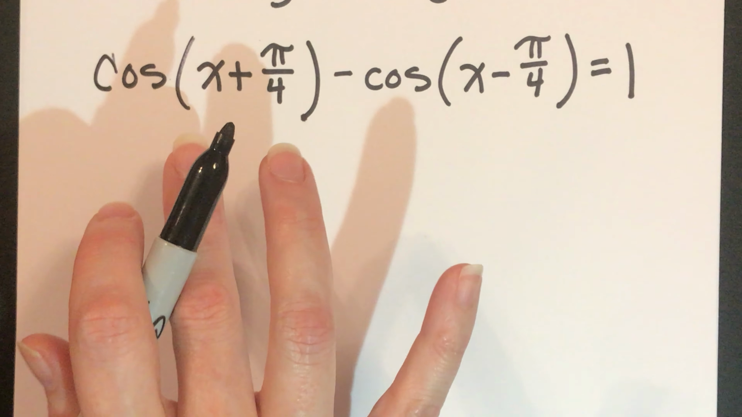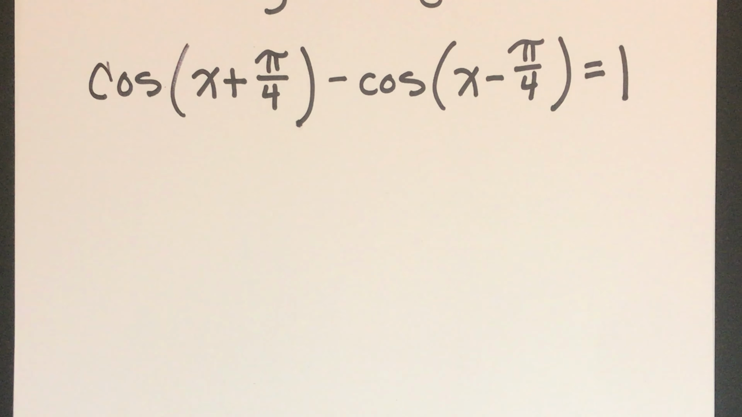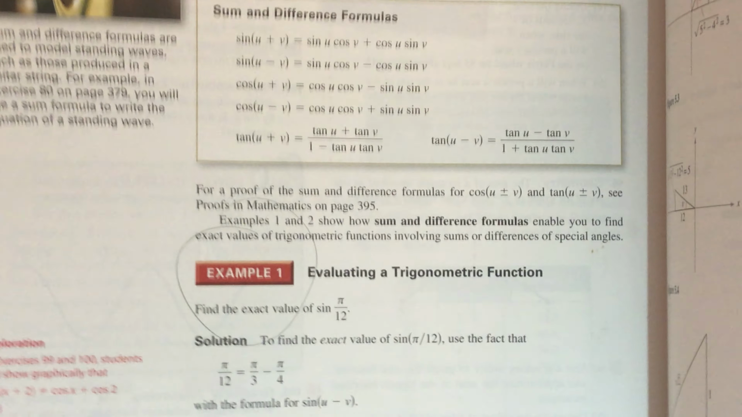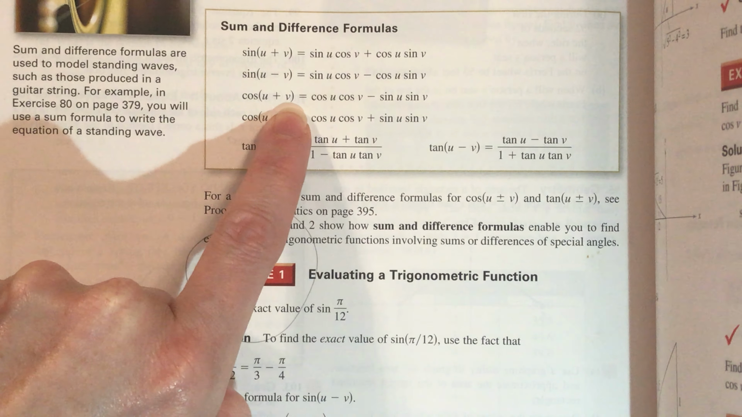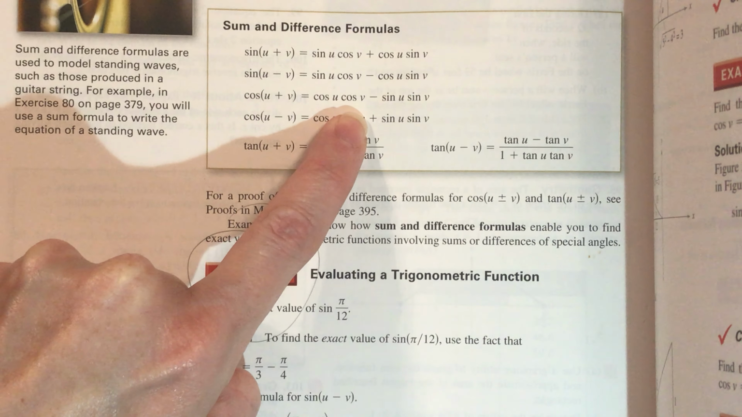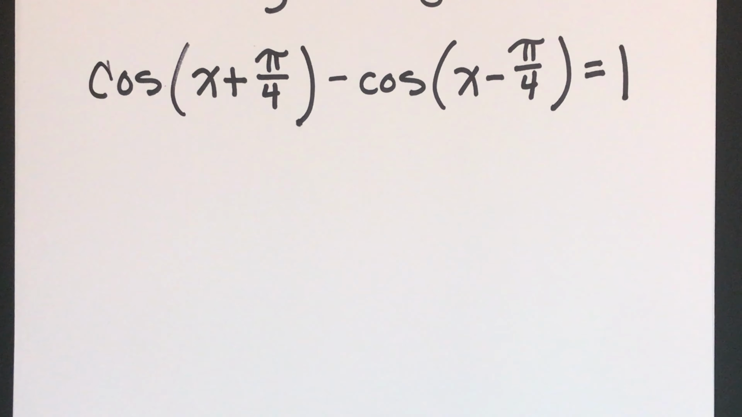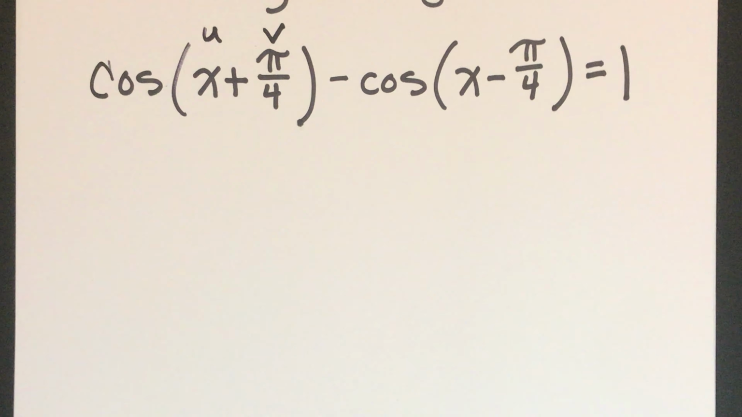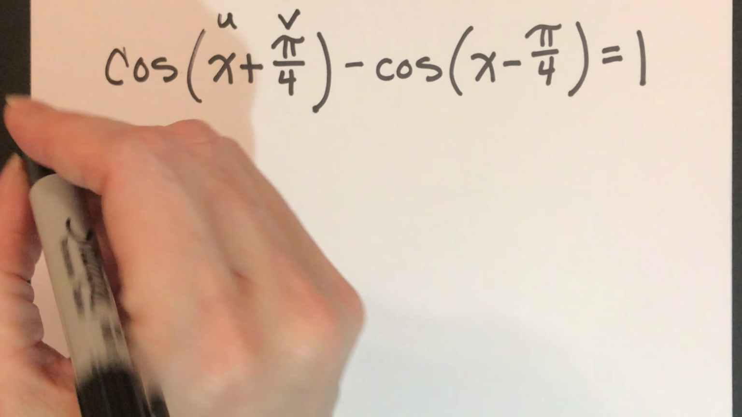Okay, so starting with the sum formula, let's just look at it real quick. I won't write it on here because I need the space. Okay, so the cosine of u plus v is cosine u cosine v minus sine u sine v. Okay, so I like to label these just to help keep things straight. So this part is going to equal the